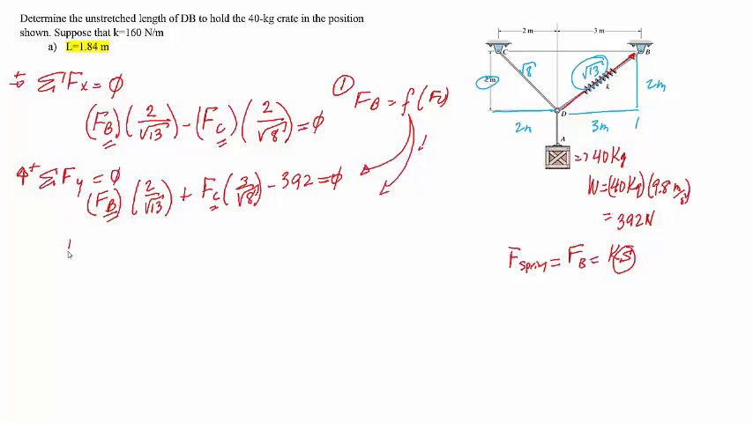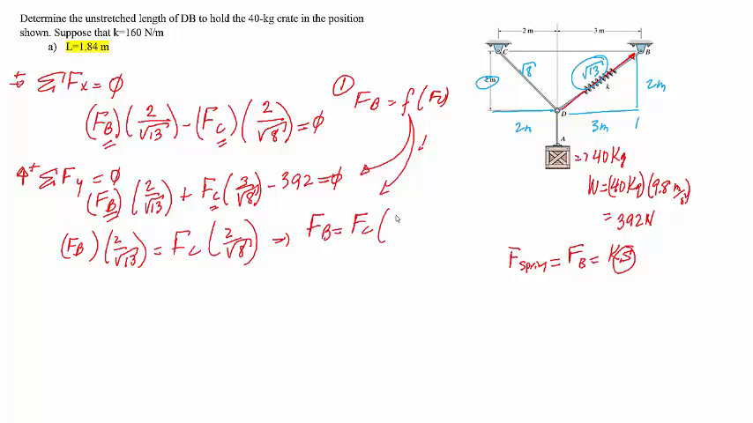I have FB 2 divided by square root of 13 equals FC 2 over square root of 8. Okay, so FB equals FC square root of 13 divided by the square root of 8. So what I'm going to do is substitute this expression in number 2. So now I go to number 2, and then I have